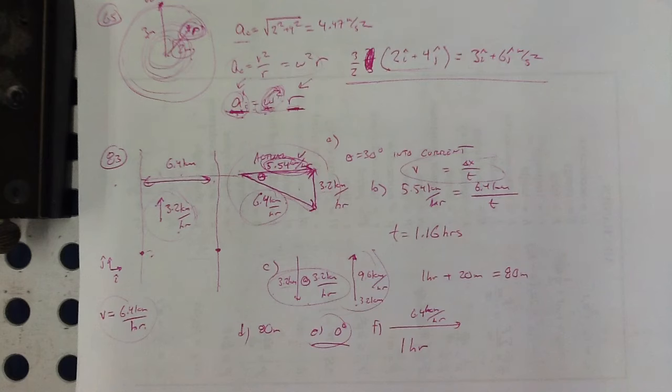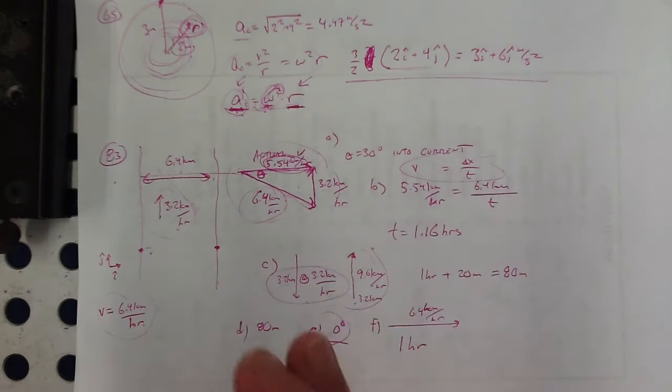A football player punts the football so that it will have a hang time of 4.5 seconds and land 46 meters away. If the ball leaves the player's foot 150 centimeters above the ground, what must be the magnitude and angle of the ball's initial velocity? I think I need more room than that, so